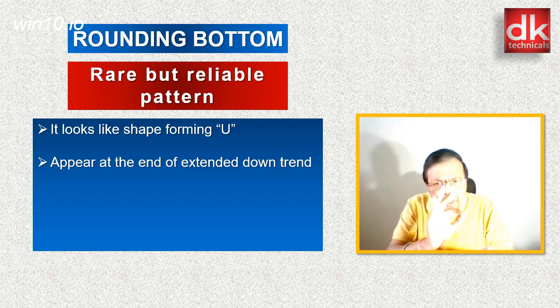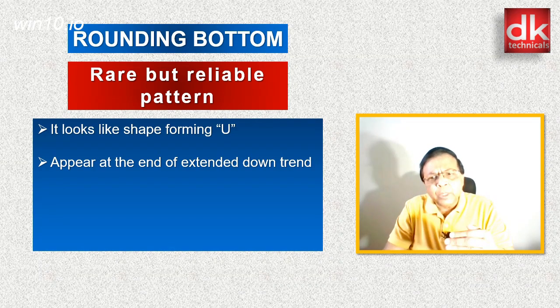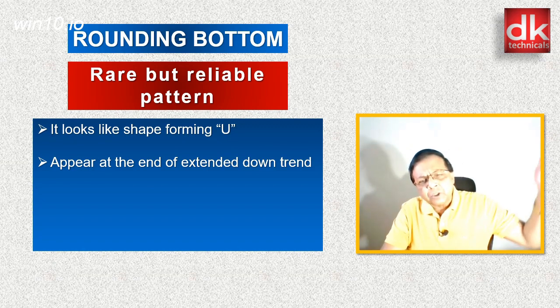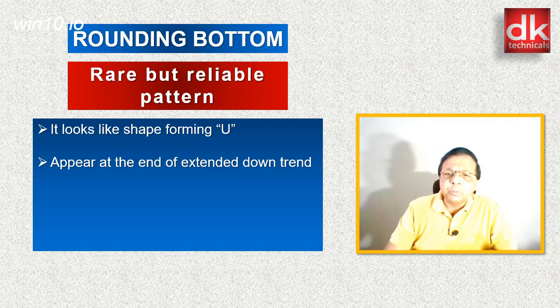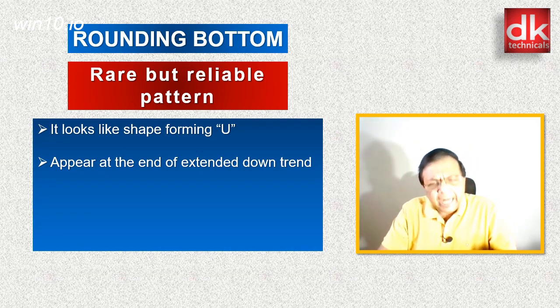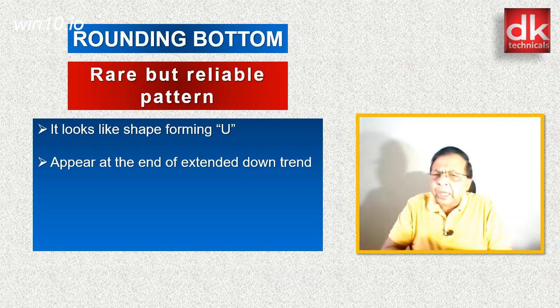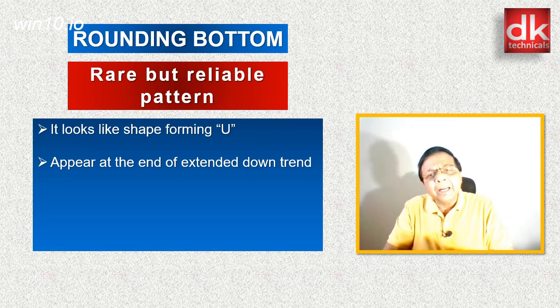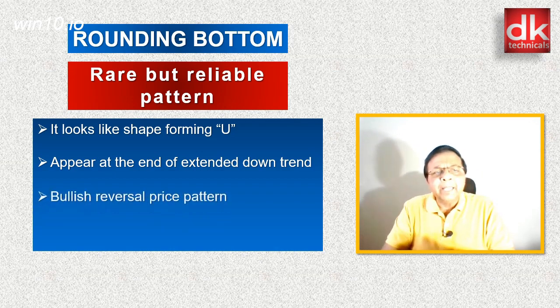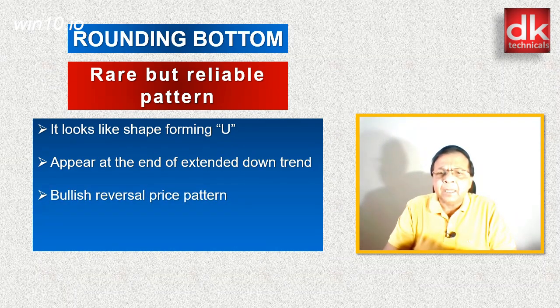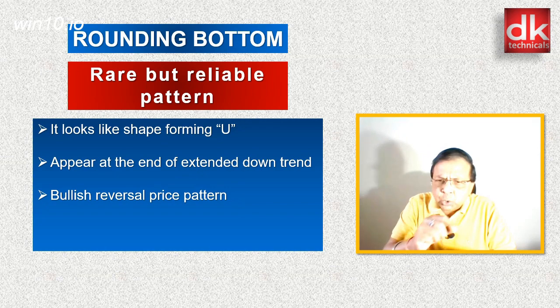When it is forming a U shape, that is a rounding bottom, prior to that there was a market which was downtrending, making lower highs and lower lows, and the market was getting selling pressure. The moment the market took a little pullback, there was selling pressure, and so the market was trending down. And then, friends, a bullish reversal pattern is getting formed after the U shape.